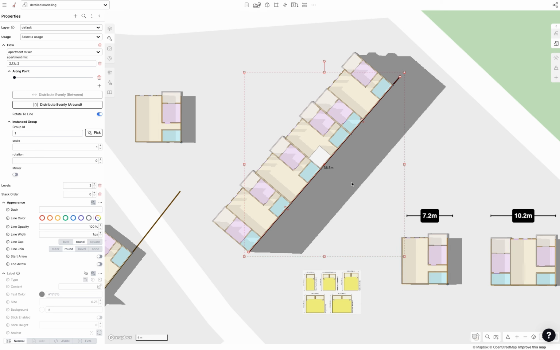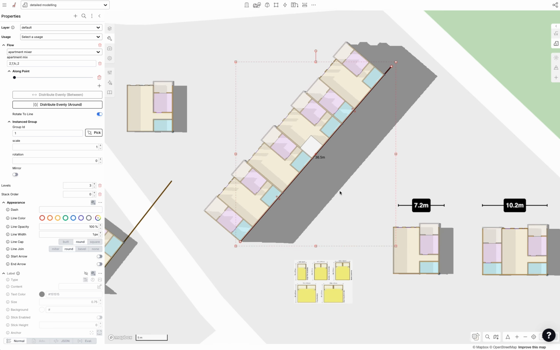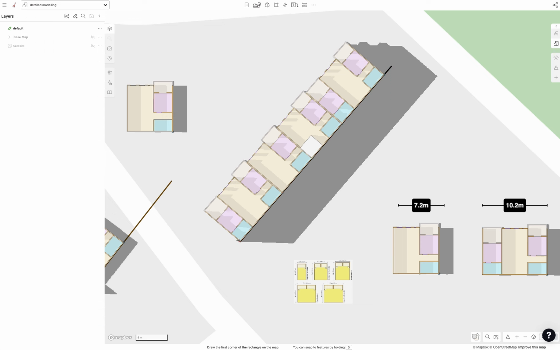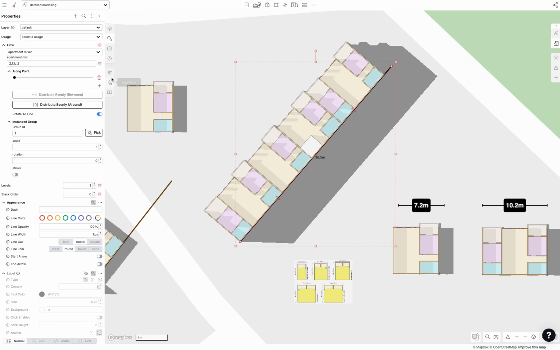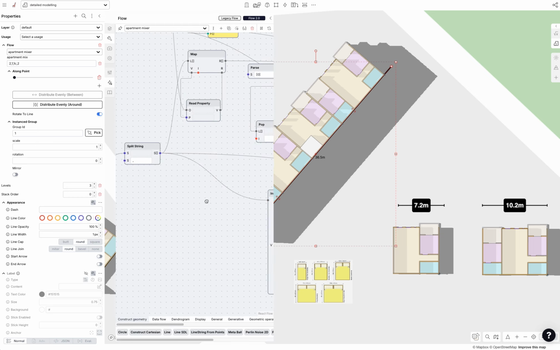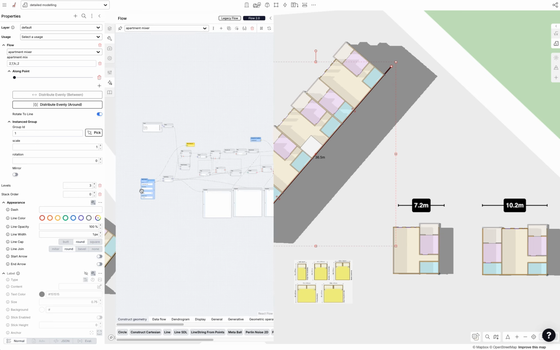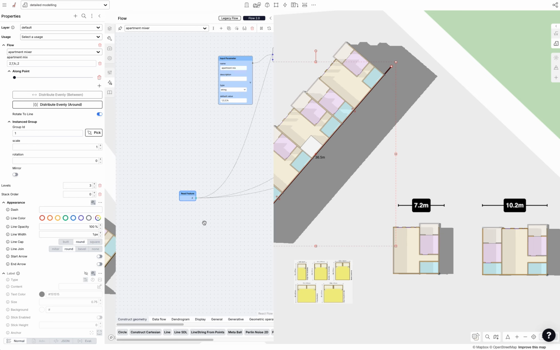Now, why don't we just quickly finish this off so we actually get a corridor here. And then I'll show you 2 more things in the next video. So what we're going to do is we're going to keep this logic, but we're just going to offset this curve